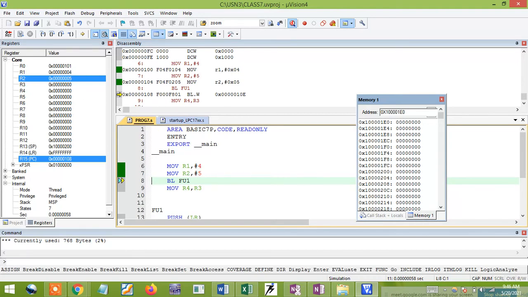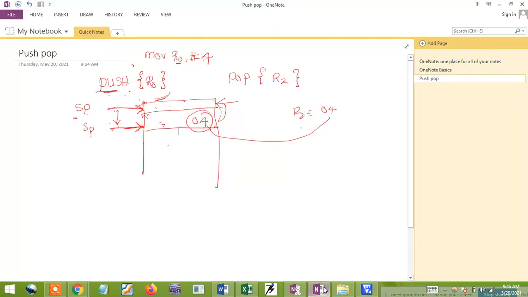When the BL function comes into existence, in theory I already told that, suppose this is my main program. BL is nothing but branch link.